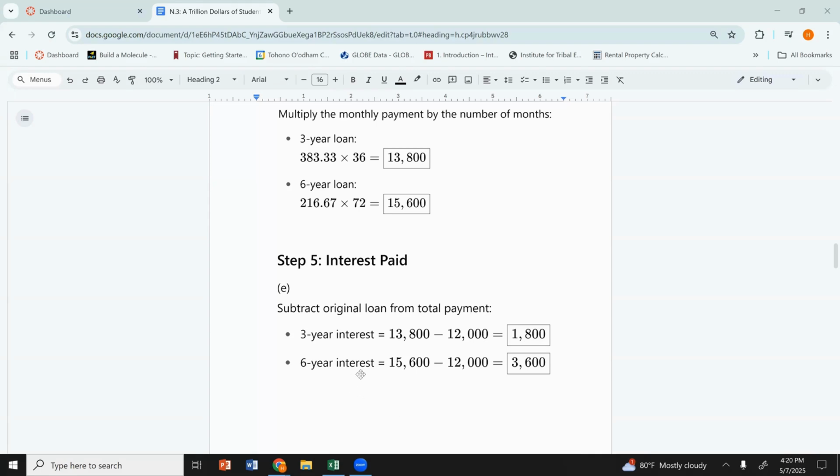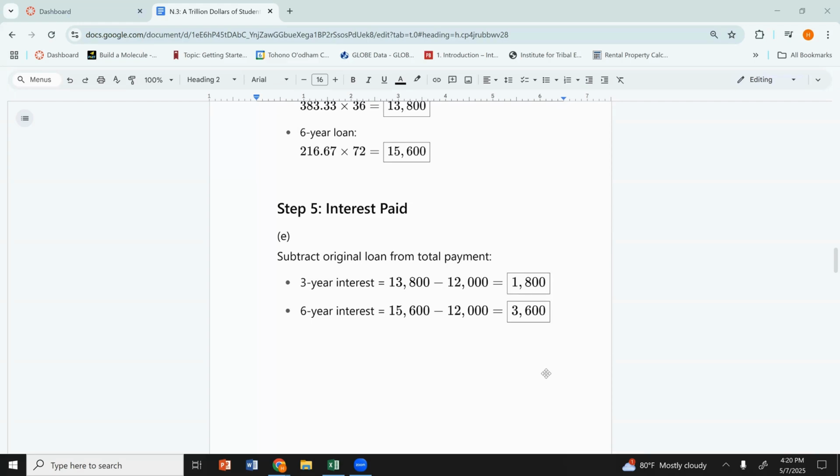In your 6-year loan, you pay in total 15,600, and you only borrowed 12,000. So 15,600 minus your 12,000 would be 3,600. Okay, so just to show you different ways to figure out how much interest you pay, how much monthly payment,